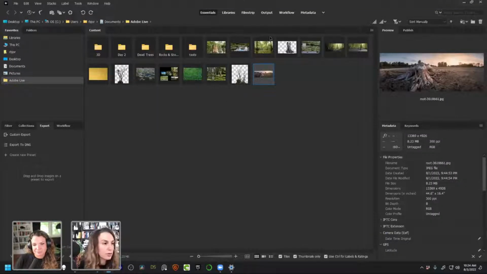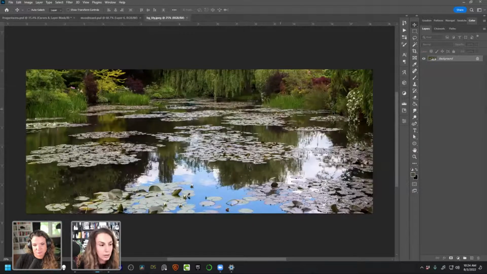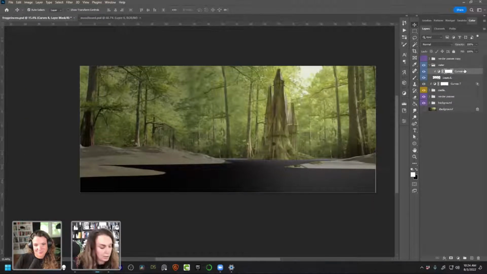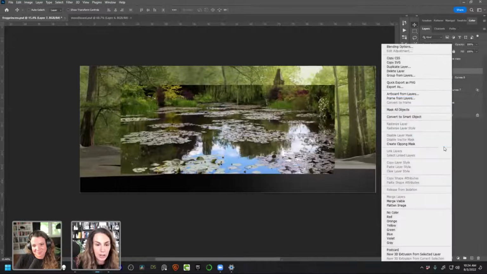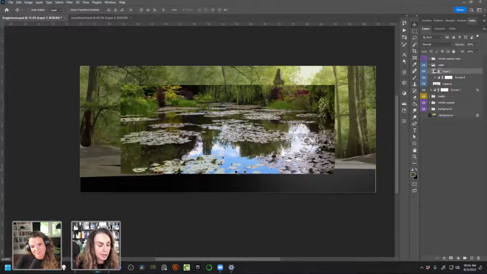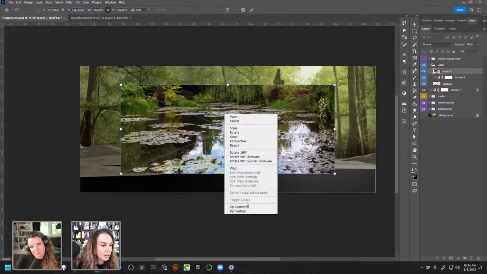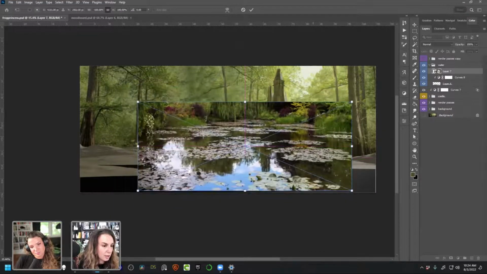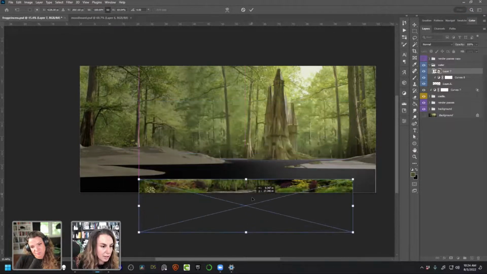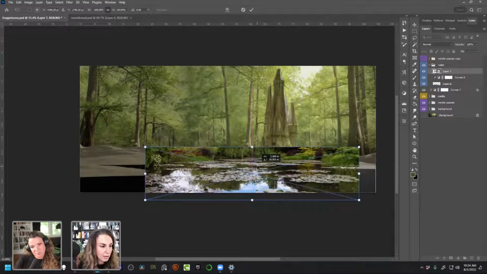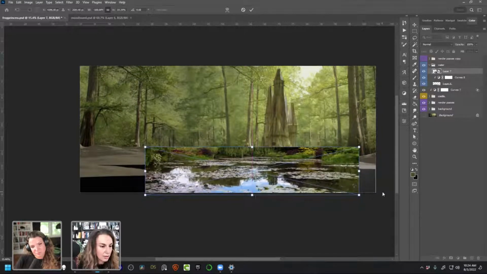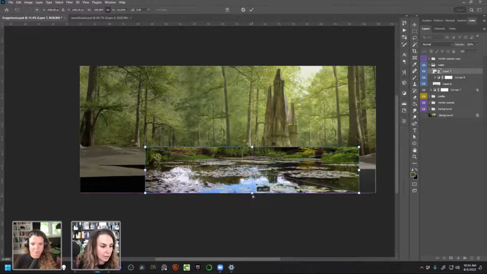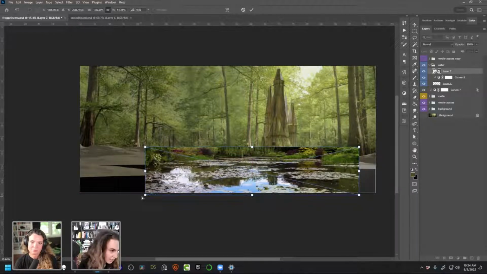So down here, we're going to grab some water lilies for our frog kingdom. Yes. I'm going to bring them right in here. Let's make that a smart object. I'm going to use distort. I want to kind of, those photos are from an angle already. So I kind of have to figure out